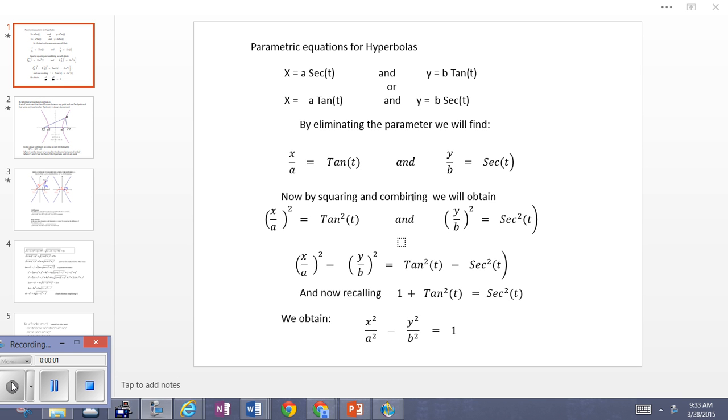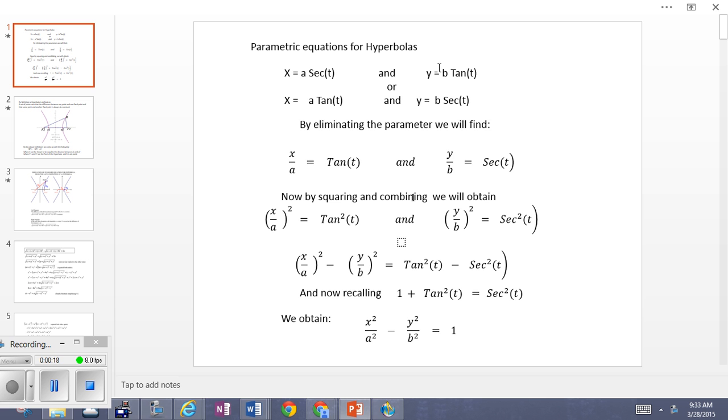Well, guys, here we are. We're going to take a look at the equation of a hyperbola. Okay? Now, just like the ellipse, just like the circle, the hyperbola is easiest to define in terms of the